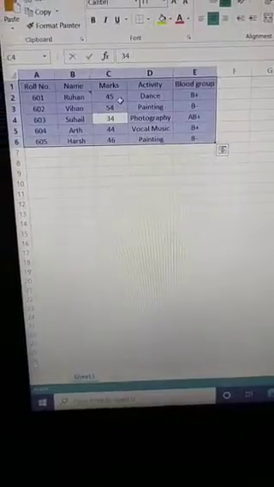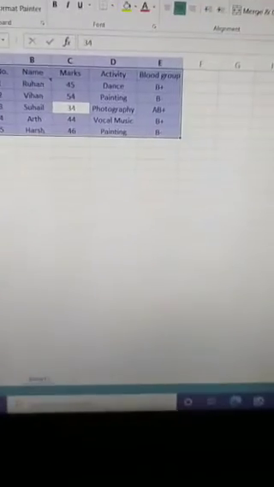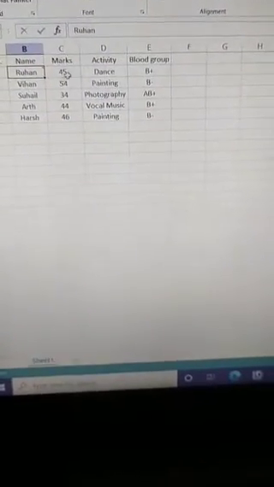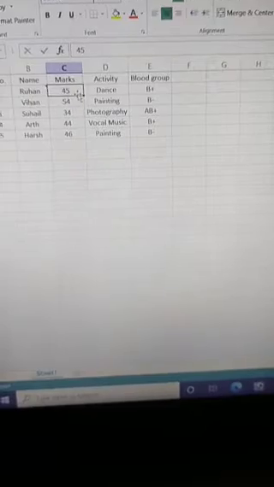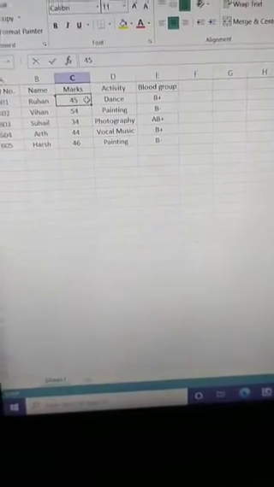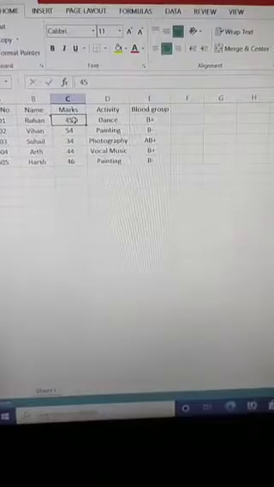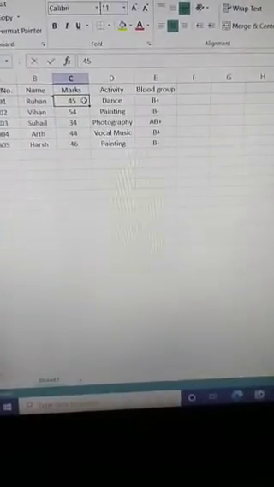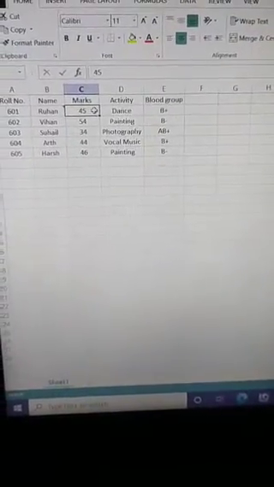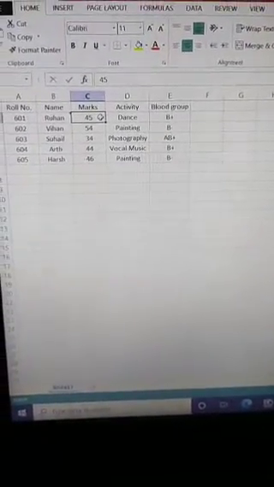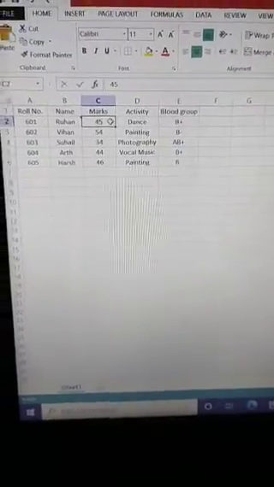Now the next part is how we can insert cells. How can we insert cells in between these? Assume that I want to insert a cell here. How can we insert a cell here? At first, select the range of cells where you want to insert the block of cells.